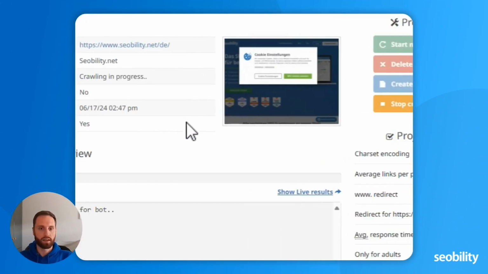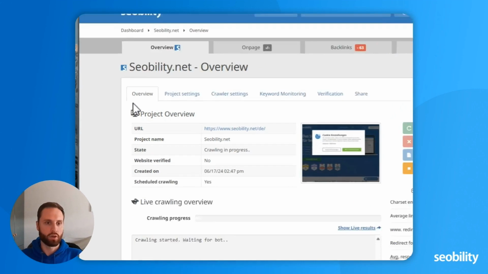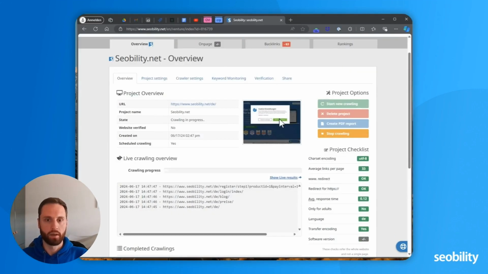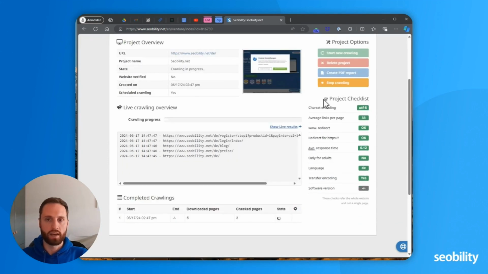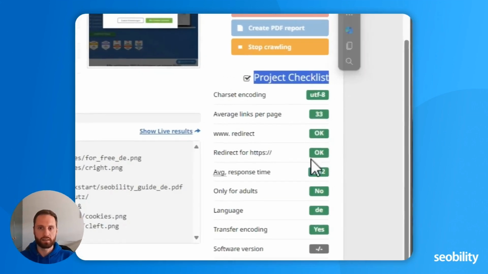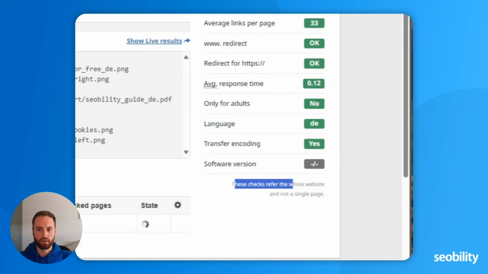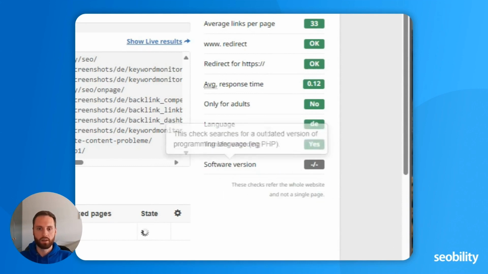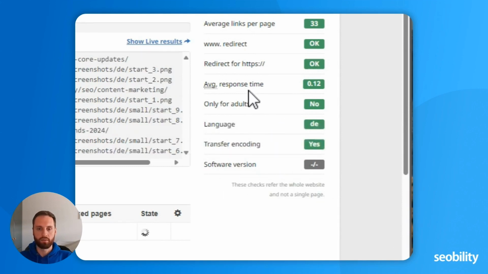And you can actually watch it live. This is your overview of an added project. You see the URL, how it's called, a thumbnail. You have a project checklist, which is essentially checks referring to the whole website and not only a single page. As an example, you would have an average response time.